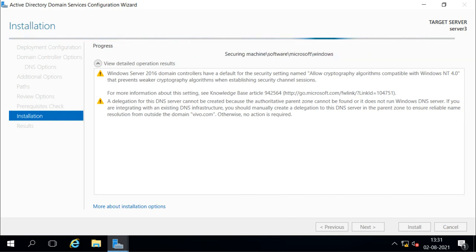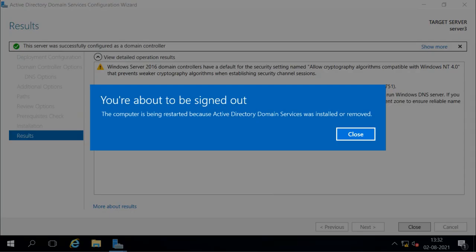It is still installing, it is configuring. Now it is configuring the DNS server services on this computer for this domain, for this forest. Now it is completed, and now it is going to reboot.